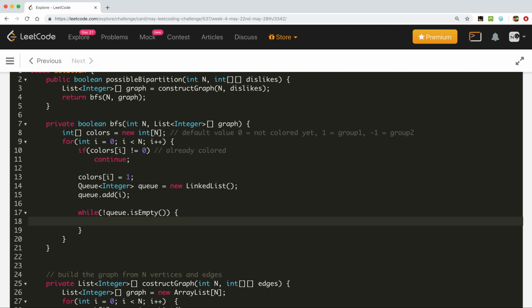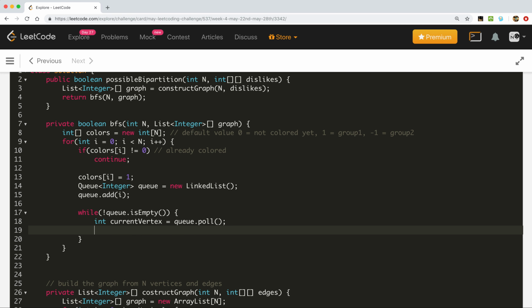If q is not empty then we will get the int current vertex is equal to q.poll. We will poll from the q, and after that we will get all the adjacent vertices from the adjacency list graph representation for the current vertex. So for int adjacent vertex, the better name, from the adjacency list of graph of current vertex,